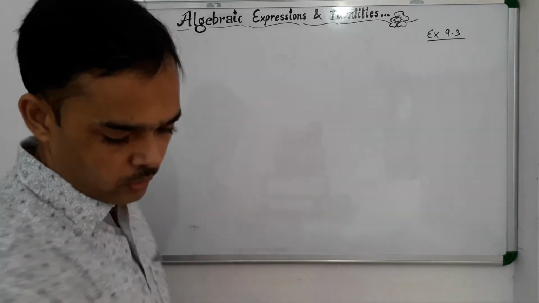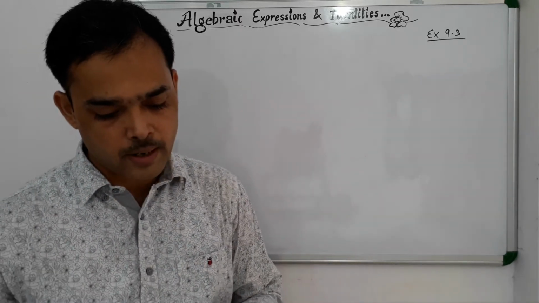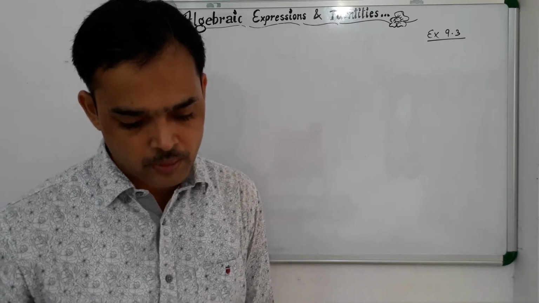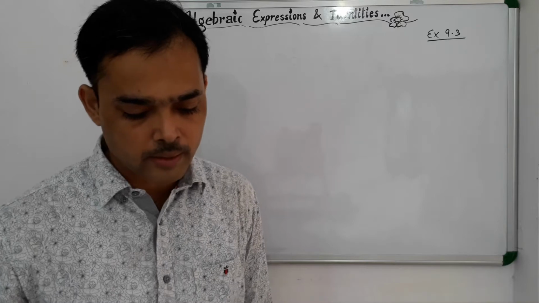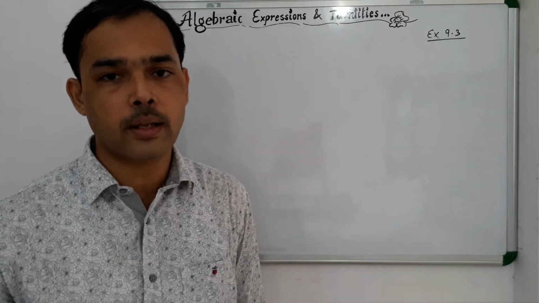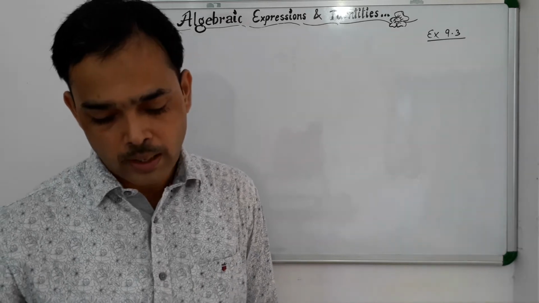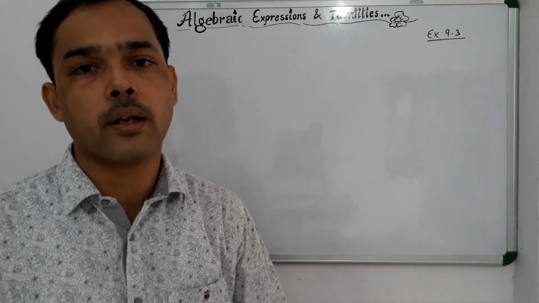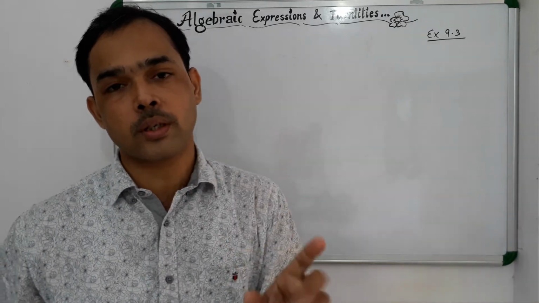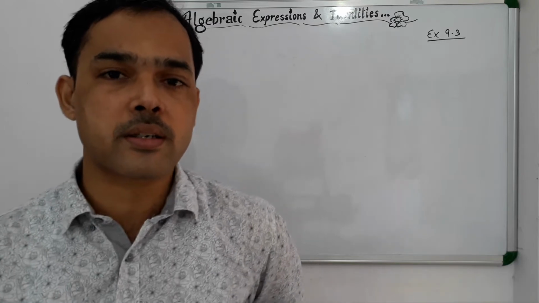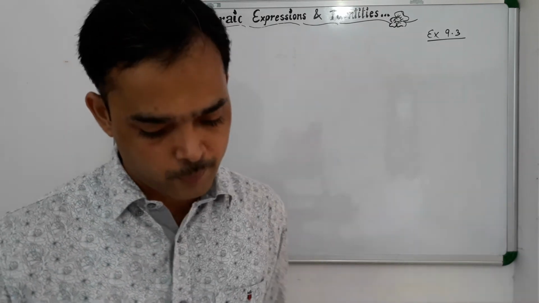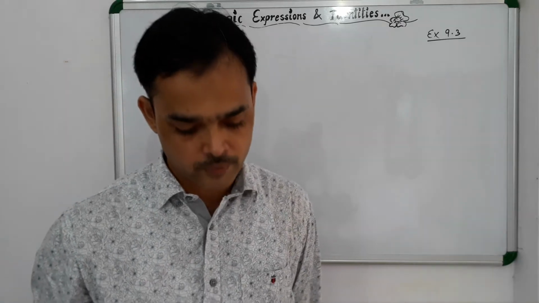In question number 4A, the question is simplify 3x, in bracket 4x minus 5 plus 3, and find its value for, and then in the options it is given that the value of x is 3, and in another option it is given that the value of x is 1 by 2. But if you see the question, first it is written simplify. So let us simplify, and then we will put the value of x that is given to us.